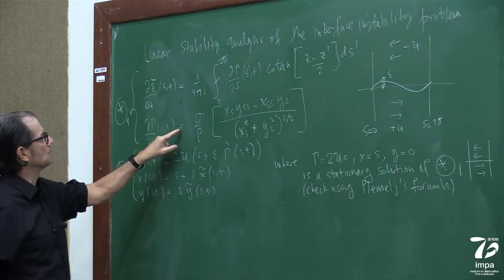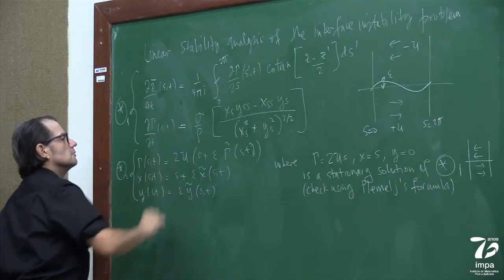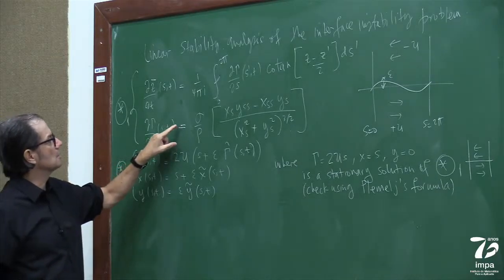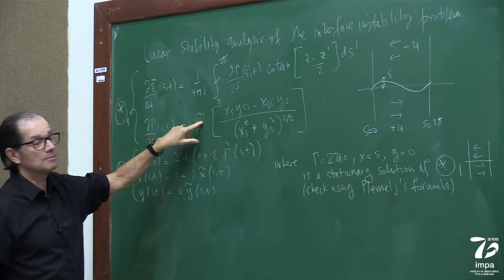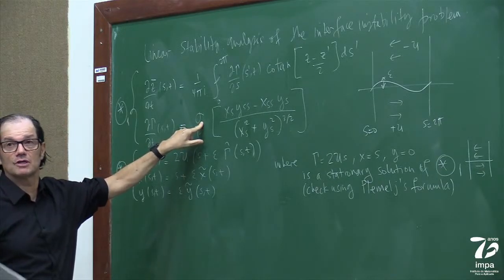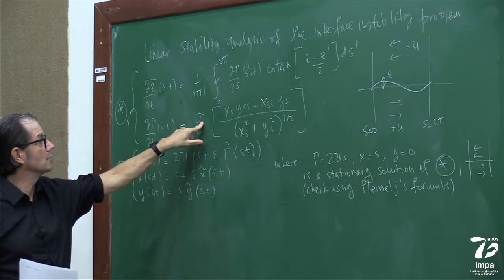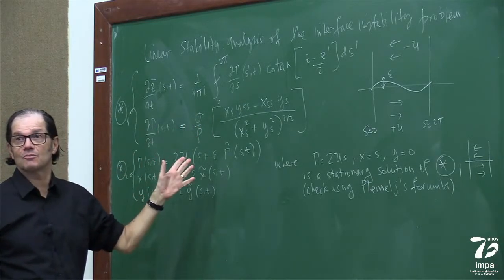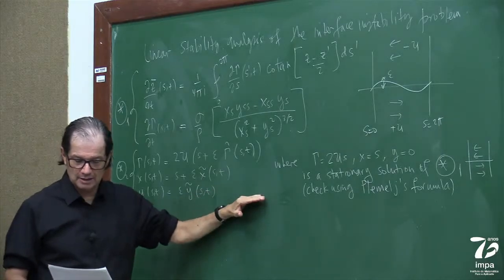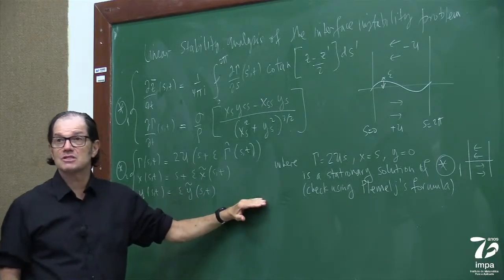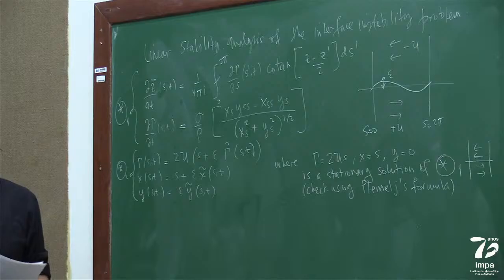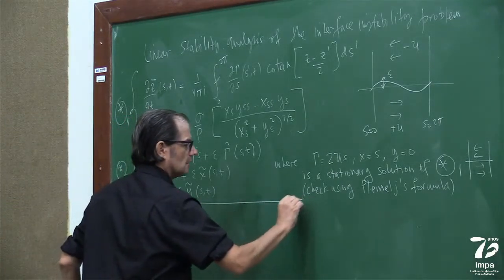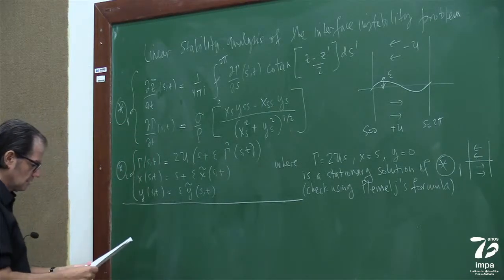Now, we want to see that this problem, we're going to learn now that this problem is ill-posed when sigma, the surface tension, is equal to 0. It's linearly ill-posed when sigma is equal to 0. Looks complicated. It is complicated. And as I did last class, it becomes simple as soon as we identify the Hilbert transforms of the function and of its derivative. So I have to write this again so that the lecture makes sense.